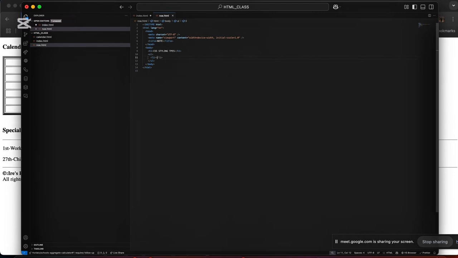So here I said we have inline styling, we have internal styling, and the external styling. Yeah, good. These are the main three types of styling that we have. So let's load